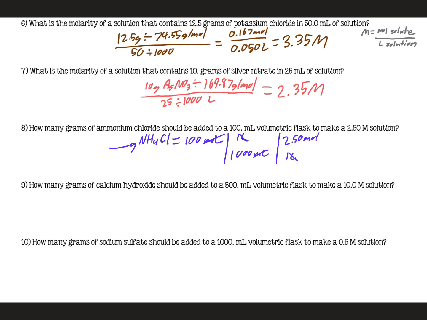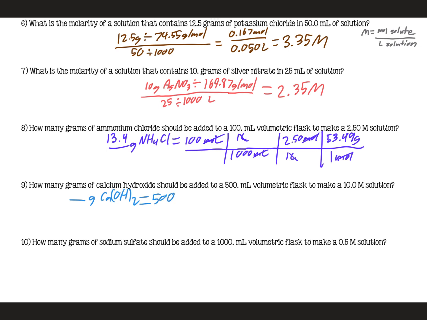liter, so liters cancel. Then we know from the molar mass that 1 mole of NH4Cl is 53.49 grams. That comes from the molar mass of 53.49 grams per mole. Now, you want to multiply by the top numbers and divide by the bottom to get 13.4 grams of solute. Next, we want to know how many grams of calcium hydroxide should be added to a